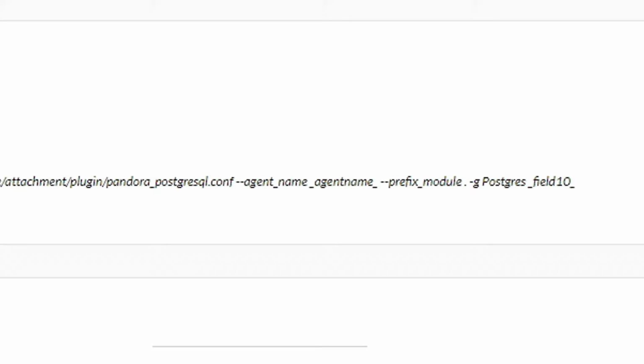On the other hand, with the parameter --prefix_module, you will indicate the prefix with which all modules generated after the execution of the plugin will be created. And -g will define the group the agent will be added to. If the specified group does not exist, it will be configured in the unknown group by default. Finally, there is a section for extra or advanced parameters, such as